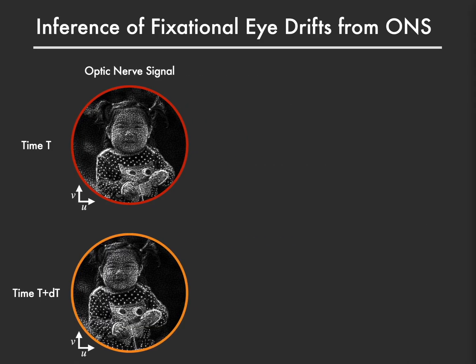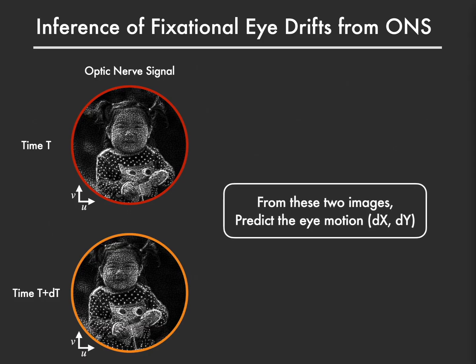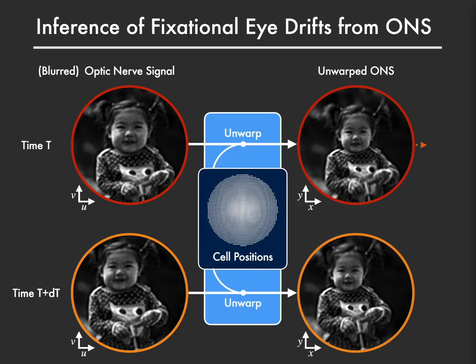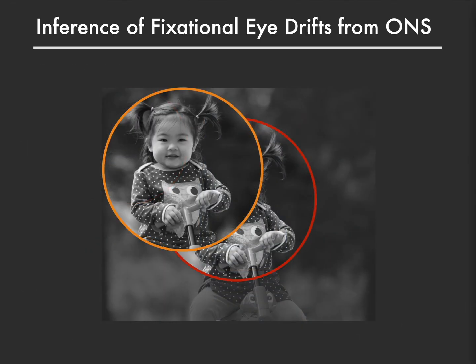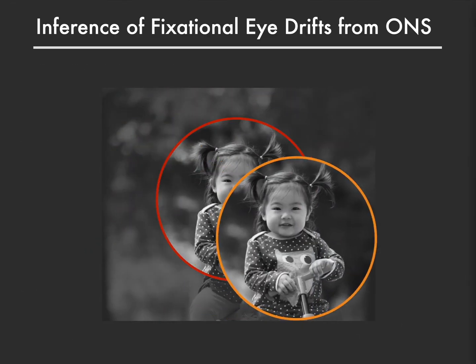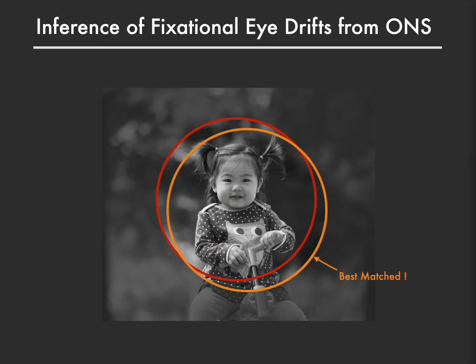So the computational problem is that given these two images in uv coordinates, can we predict the eye motion dx dy in xy coordinates? Here, I blur the optic nerve signals to cut off high frequency details, and I think anyone can tell that this would be an easy task if you had the perfect cell position information and dewarped the image correctly from UV to XY coordinates. Why? Well, we can just do the search comparing these two patches and compute exactly how much one image is